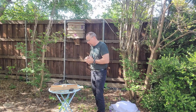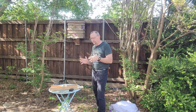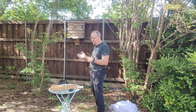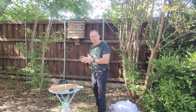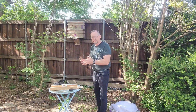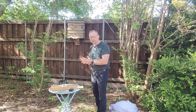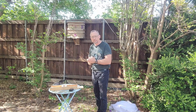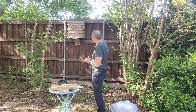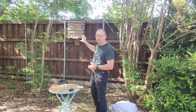When I first noticed it was caught, a couple of days later, I was headed down to the farm in about 3 days. So I came over here and I took it down and looked inside of it. It was a very small swarm, only a couple of frames of bees, if that. And I didn't see any eggs or brood. I didn't see a queen. So I made the assumption at that point that it was probably a cast swarm with a virgin queen. So I put it up as quick as I could. Bees were already starting to cluster on the fence,